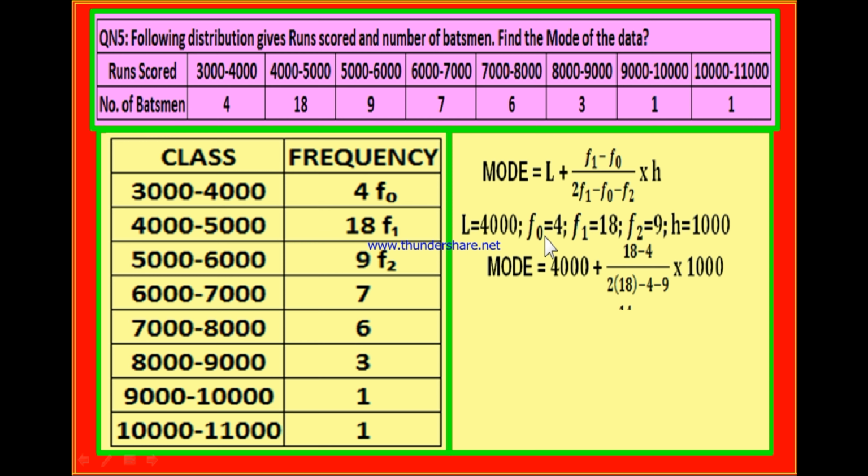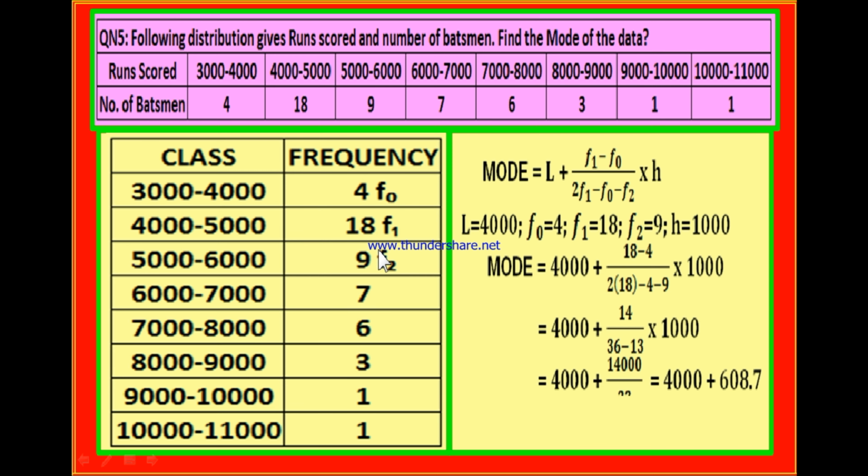F0 is the frequency above the modal class, that is 4, and F1 is the frequency of the modal class or the highest frequency, 18, and F2 is the frequency below the modal class, that is 9,